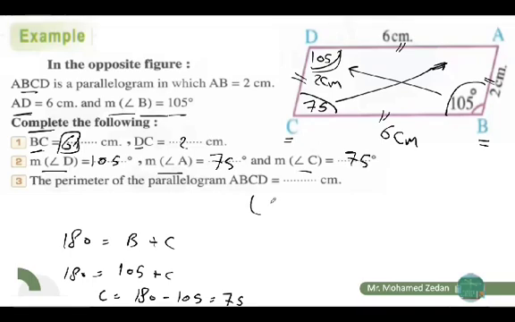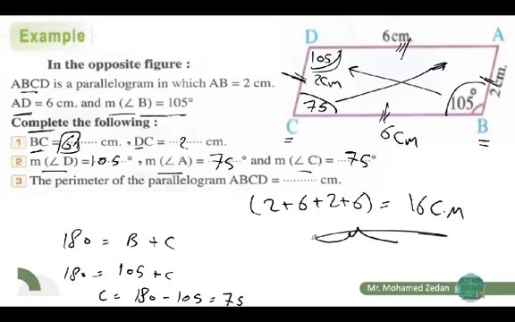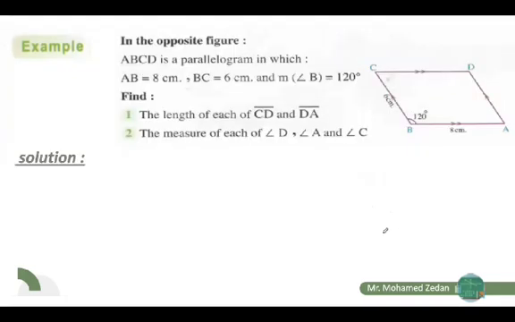Then I'll add 2 plus 6 plus 2 plus 6. That's the perimeter, the sum of all sides. 2 plus 6 is 8, 8 plus 2 is 10, 10 plus 6 equals 16 centimeters. Okay, I think it's very easy. Take another example. In the opposite figure,